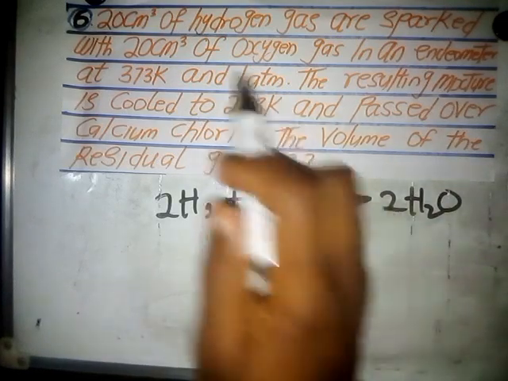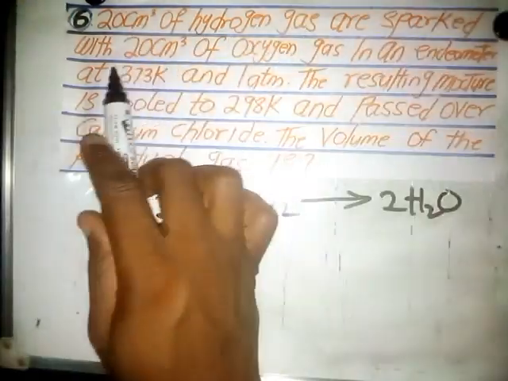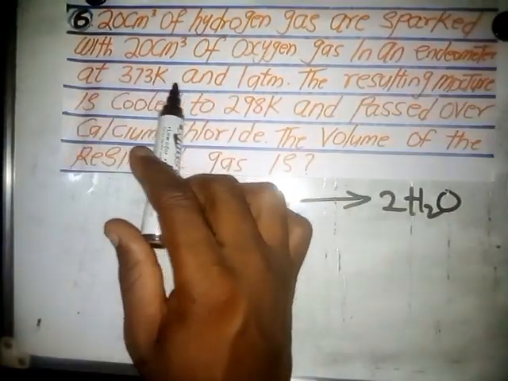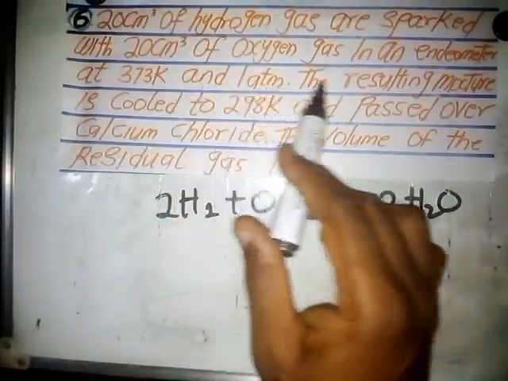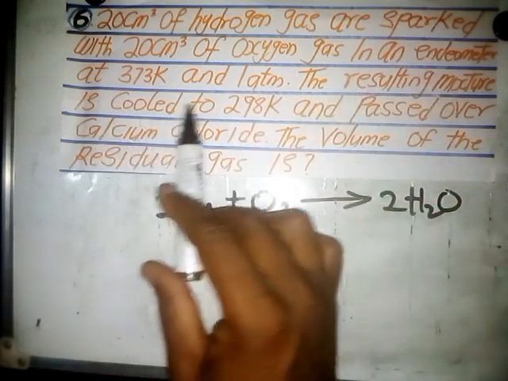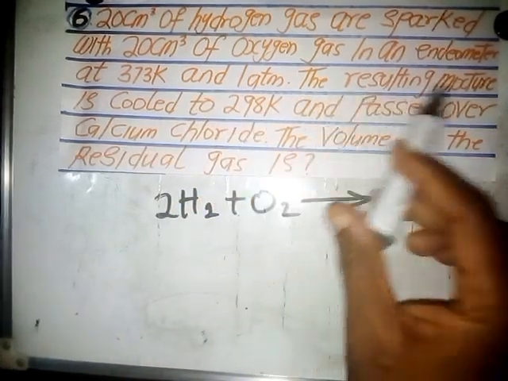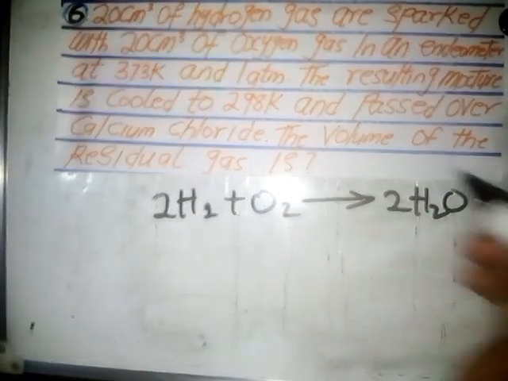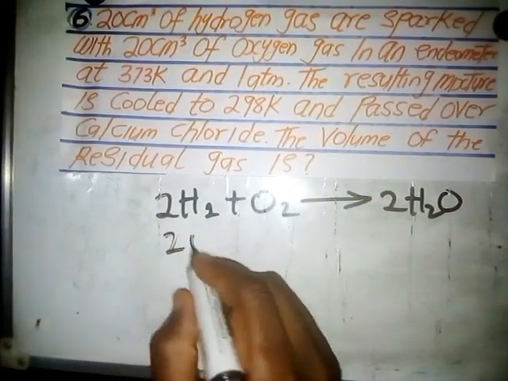Okay. 20 cm cube of hydrogen gas is packed with 20 cm cube of oxygen in a eudiometer at 373 Kelvin and 1 atmosphere. The resulting mixture is cooled to 298 Kelvin and passed over calcium chloride. The volume of the residual gas is